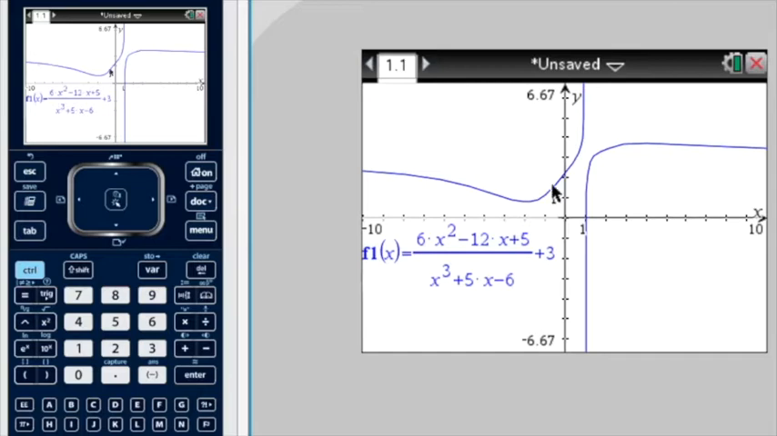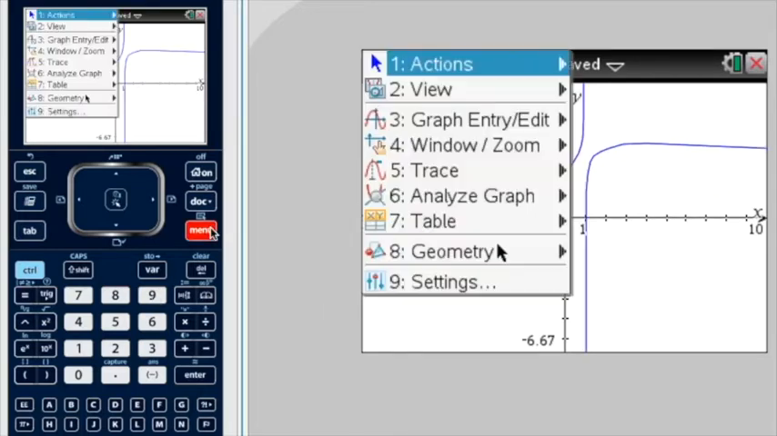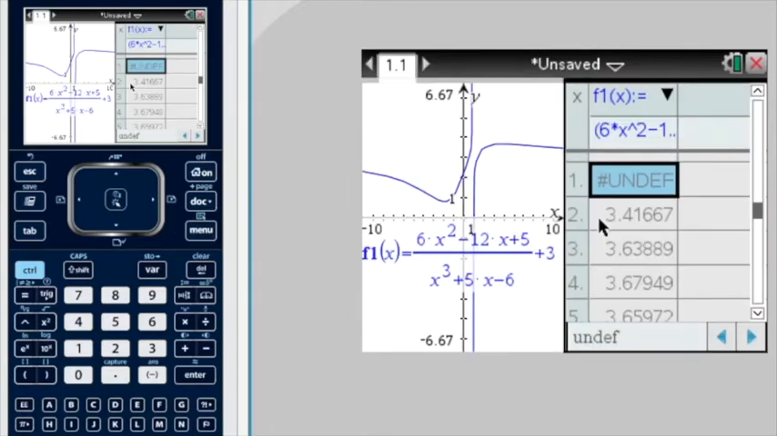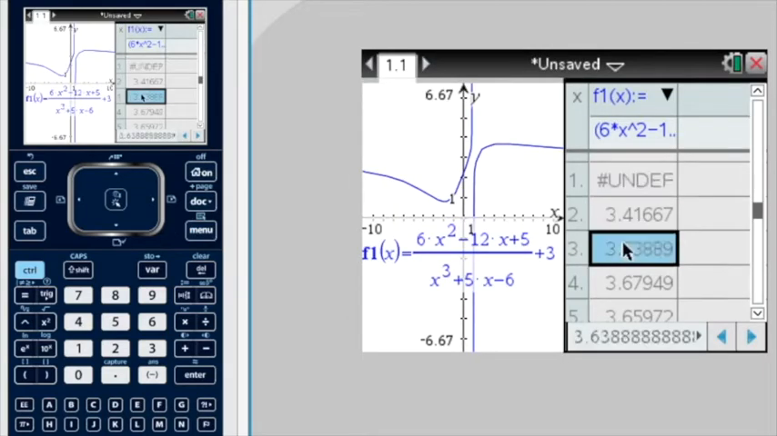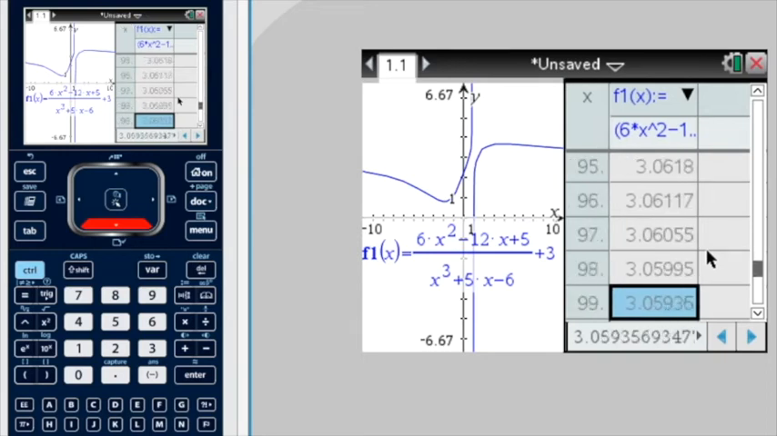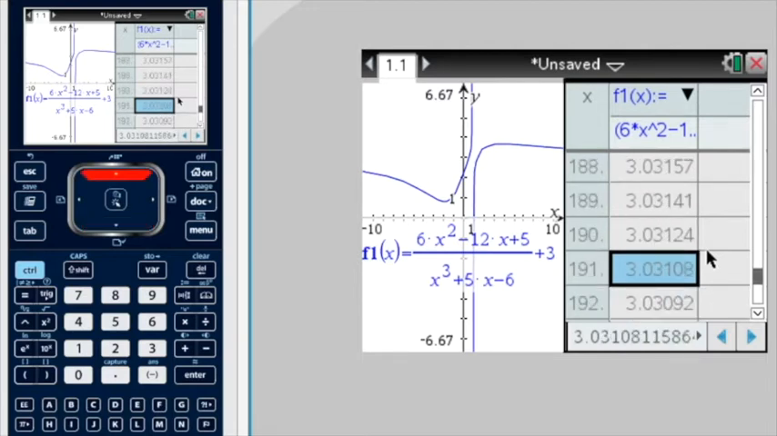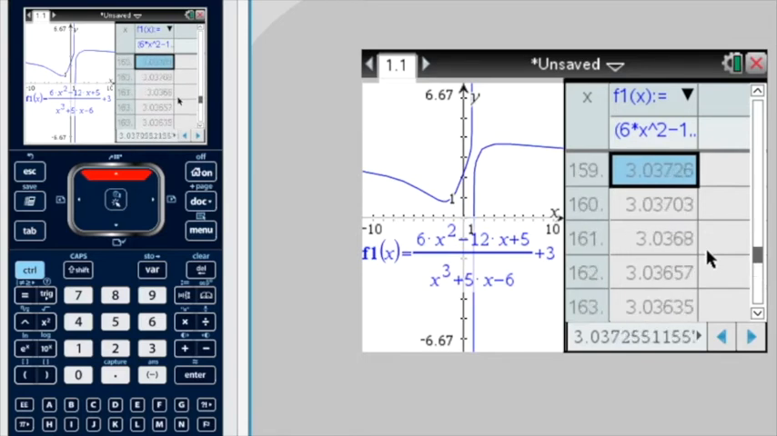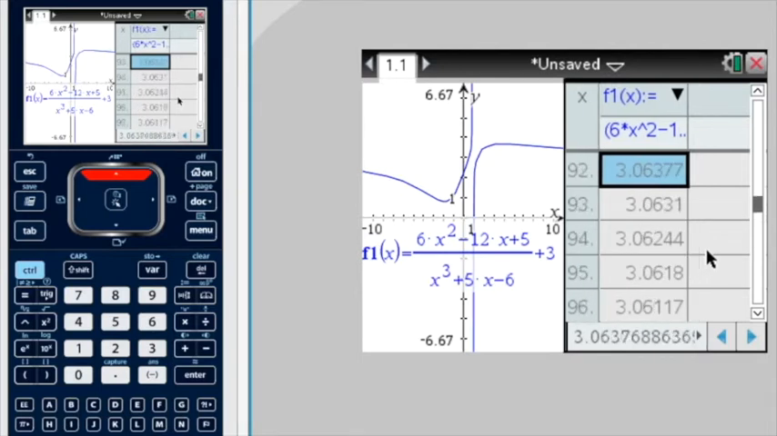Again, if we wanted to find the horizontal asymptote that way, we can go menu, table. Now, let's have a look what happens as x approaches infinity. So remember, this is the x values here, and these are the f(x) values or y values. So if I go down, what's happening? I'm getting closer and closer to 3. And then if I go up, back towards negative infinity, where x equals negative infinity,